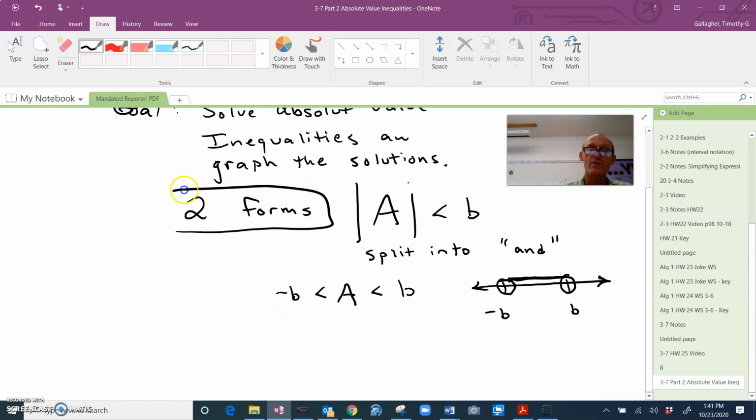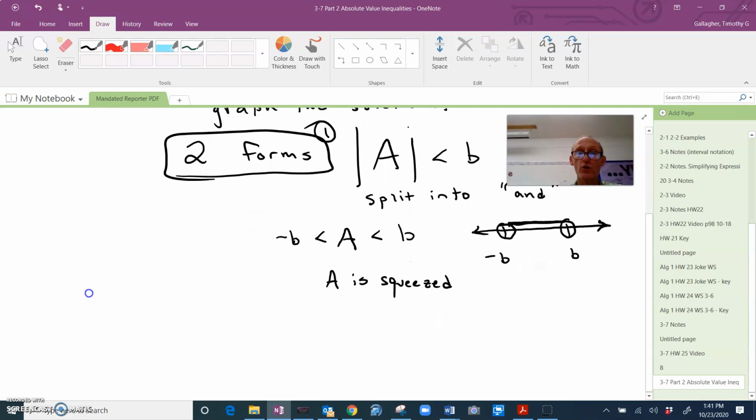So there's two forms. The first form is the absolute value of whatever less than B means that you split it into an AND problem because it squeezes, okay? A is squeezed, I like to say. Gently squeezed, okay? So there's one, and then two